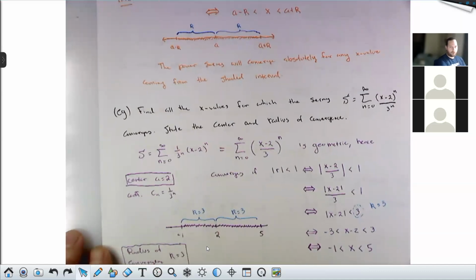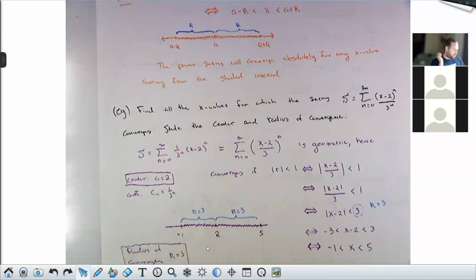A quick word about why we use the term radius. The one-dimensional analog of a disk, I should say. So if you take a disk and you flatten it, you get an interval symmetric about the center. In other words,